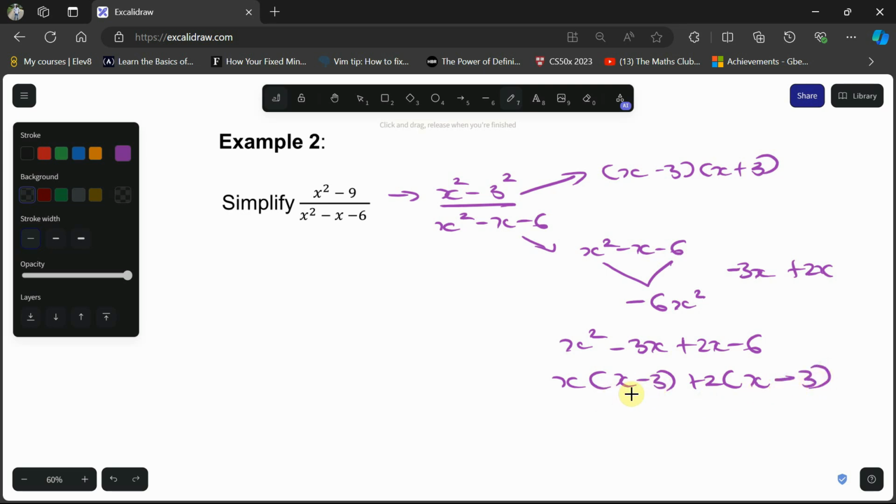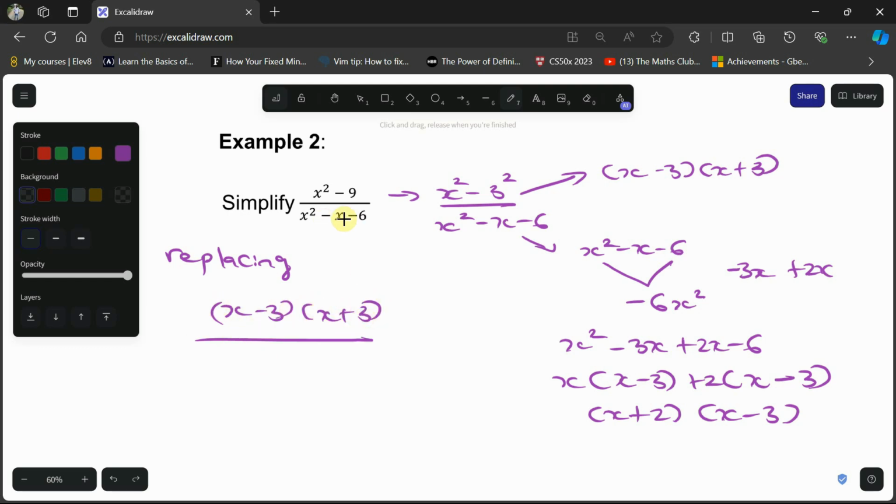So what did we say again? We group those and say x plus 2, x minus 3. So we factorize both the top and the bottom. So let's replace. That will be x minus 3 in brackets, x plus 3 in brackets, all over